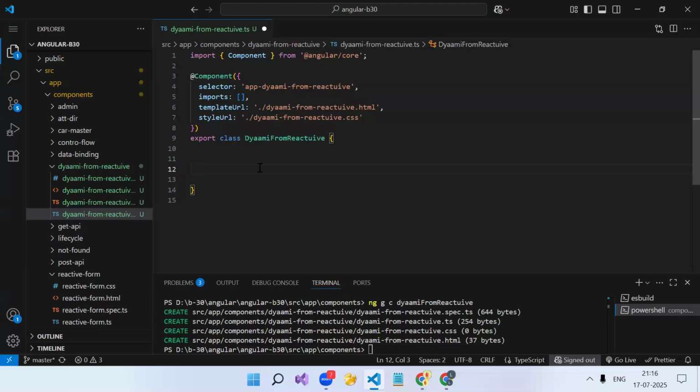Okay. So when you write so much code into a component, the first rule is that the component should be responsible only for dealing with UI modification. It should not have any extra function. All extra functions we should move into a service, right? So if you follow that, obviously your component's number of lines will be limited. Today someone approached me about this, so that's why I'm explaining this.